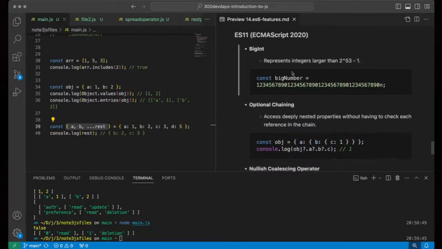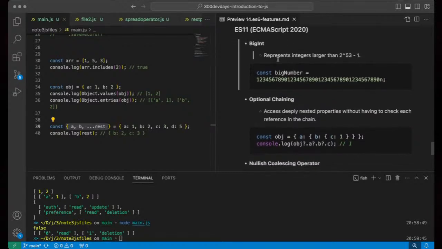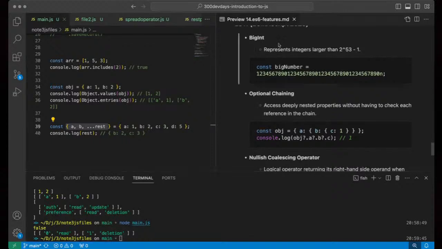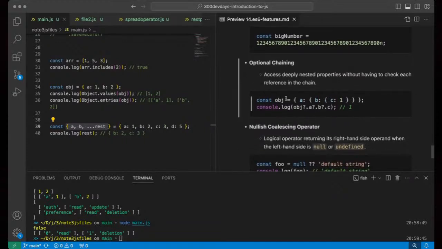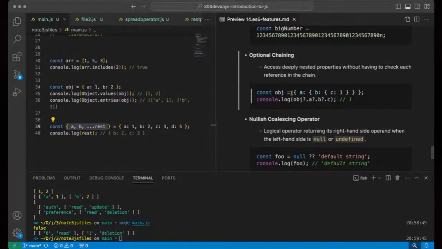So BigInt in ES11, we have the ability to create a BigInt, which would represent integers larger than the scale that we have right here. Now, optional chaining. Optional chaining is when you have an object and you think that object would come with a specific key, but you're not very sure.